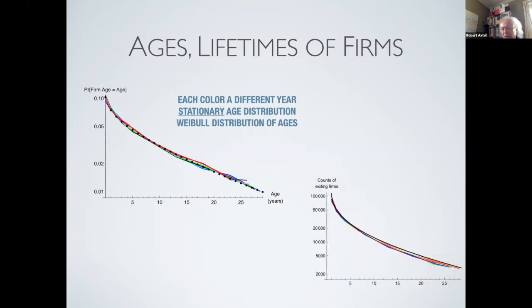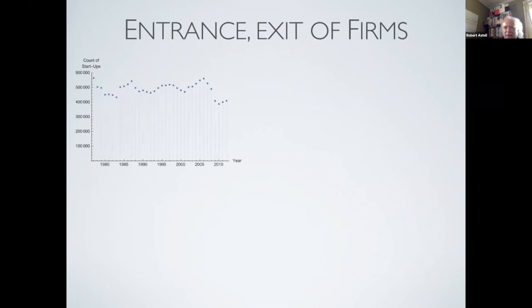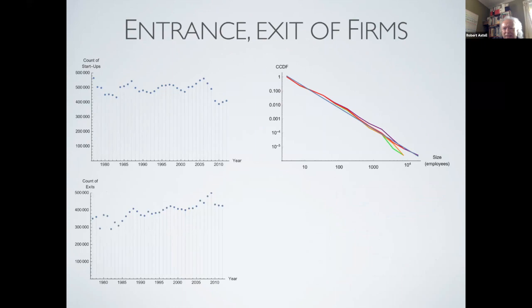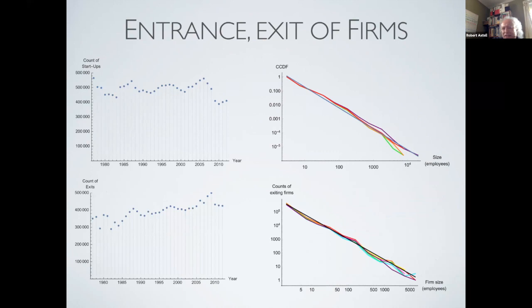Basically, when a firm goes out of business, that determines its lifetime. Anyway, so we have sizes, productivities, ages, lifetimes, and now entrants and exits. About 50,000 firms come and go every month in America with these kinds of size distributions. Well, this is entrants, and then here are exiting firms. So once again, we have all these very detailed data: on the left-hand side, time series data, and on the right-hand side, cross-sectional data.